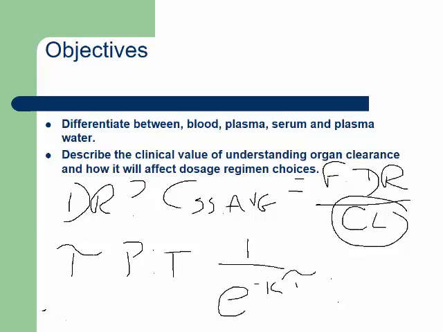So what we control here is tau, and k is determined by clearance over volume. Again, changes in clearance are going to affect both our peak to trough ratio and our Css average. Therefore, it's going to affect both our dose rate and our dose interval. So we know that this is going to be an important